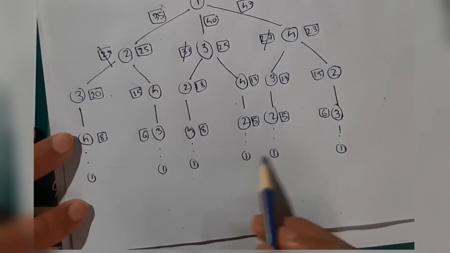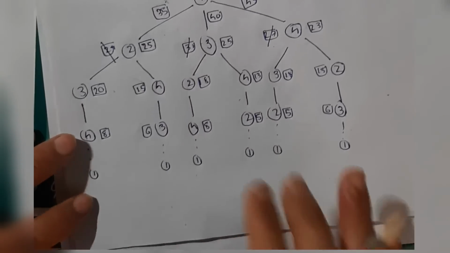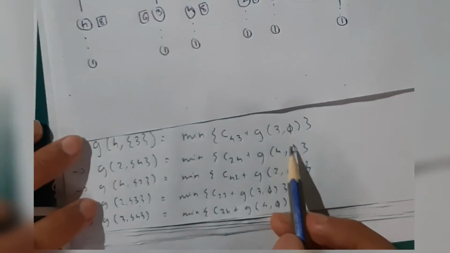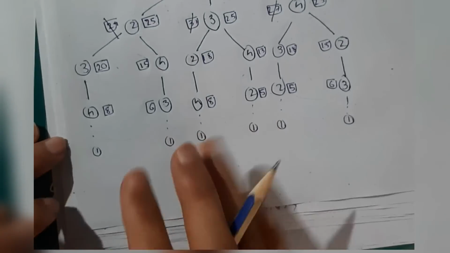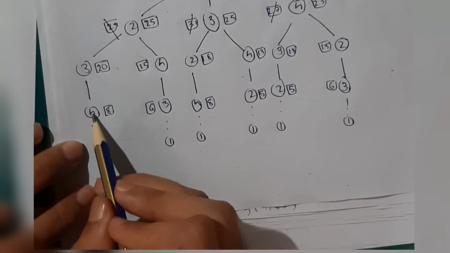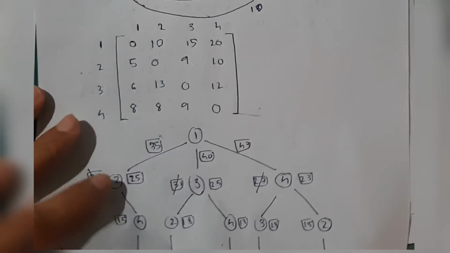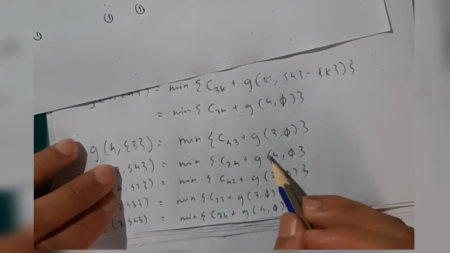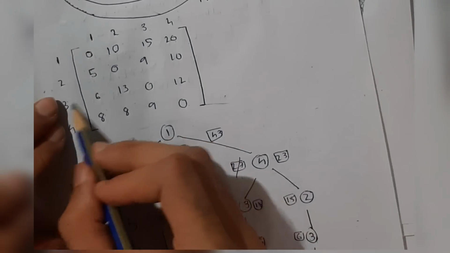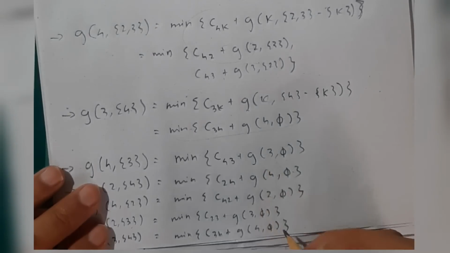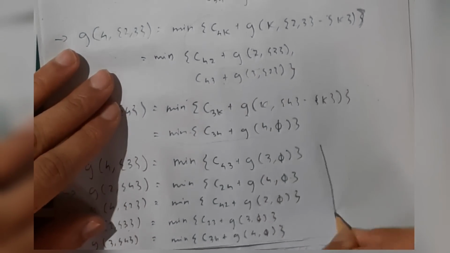This is considered as 5 here. The last point is considered as 5, 5 or 1, anything you can write here. It can be written as 4 comma 1 also. These values we know from 4 to 1. From this table we can find 4 to 1, which is 8. So this value is 8, 4 comma 5. Similarly 3 comma 5 means 3 comma 1, which is 6, then 2 comma 1, which is 5. So we get 8, 6, and 5 for 4, 3, and 2. I'll be noting that down here.